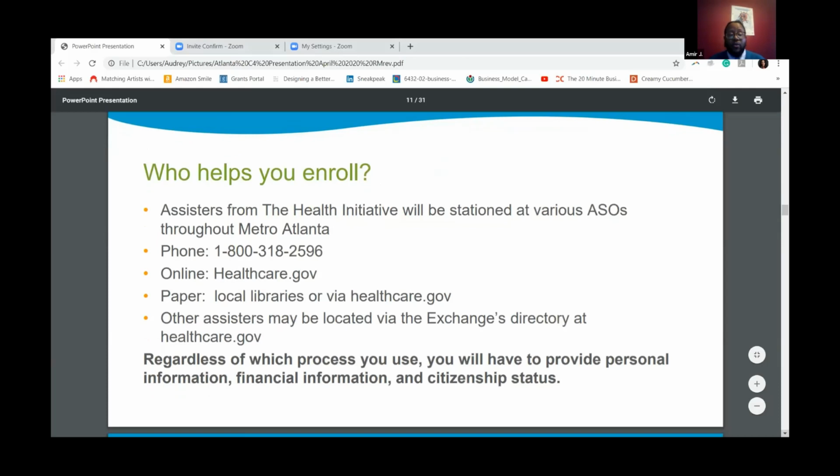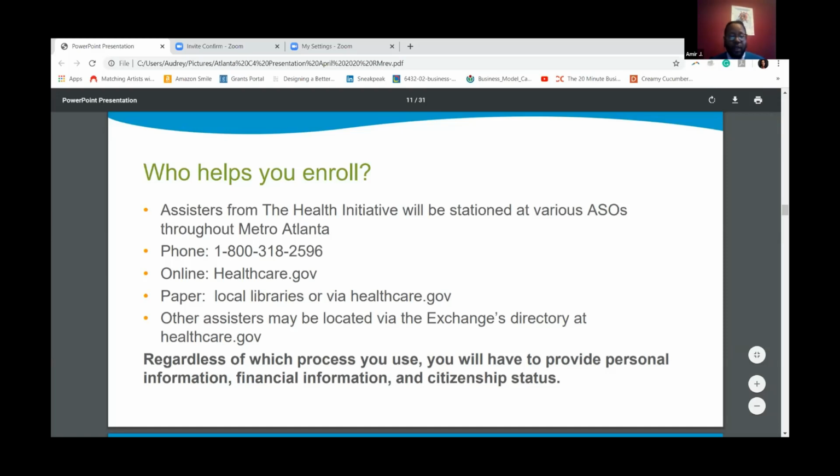So let's say you think you're eligible for a special enrollment period, or you know that you are. How can you get assistance? Assisters such as ourselves from the Health Initiative are available year-round. So we're more than happy to walk through the process with you should you need that. There is a 1-800 number to apply if you would like to apply for coverage over the phone. And know that this line is available 24/7. So once again, if you are online and there's a snag, or if you're unsure about something, feel free to call that line and they will be able to assist you. There are assisters available throughout the year.